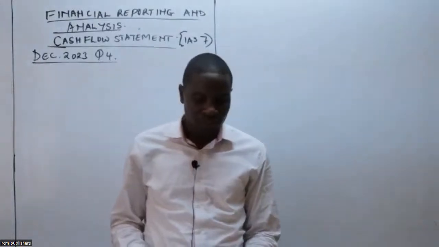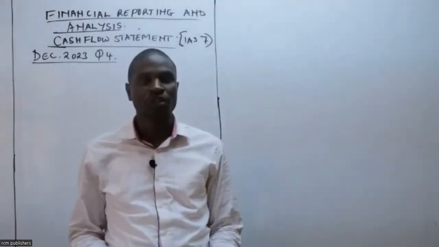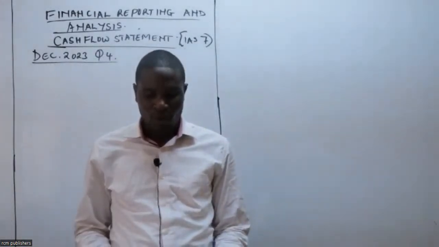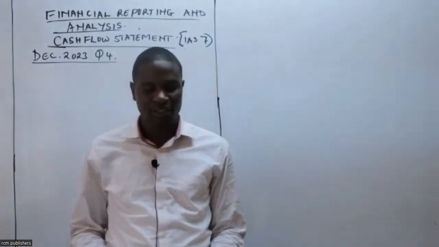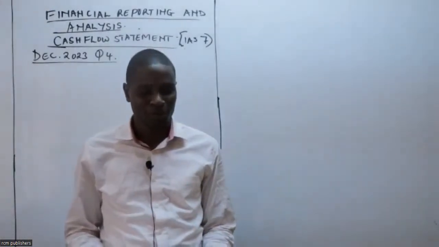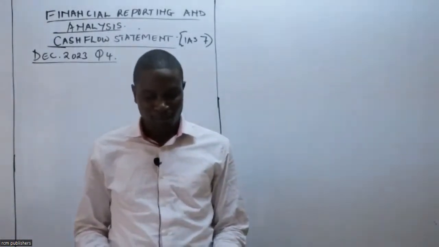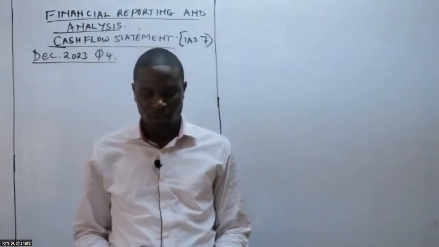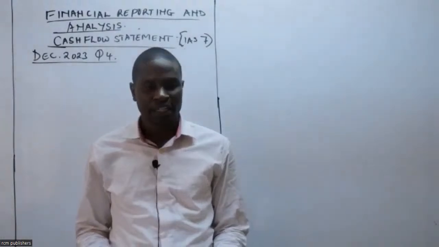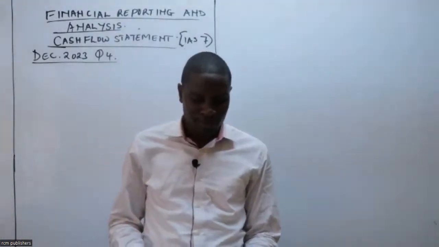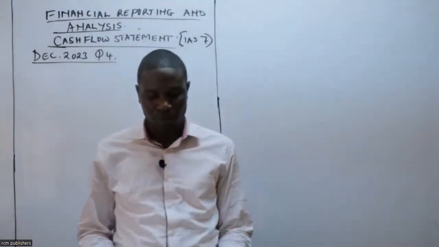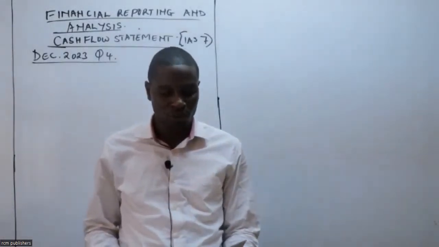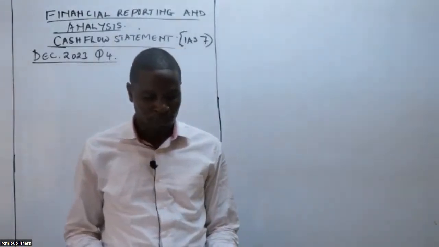Then two, during the year ended 31st October 2023, Bundo Limited acquired some patent rights at a cost of 5 million. I hope you can see that. Any amortization of intangible asset has been included in administrative expenses. Good. The company repaid some borrowing which had matured during the year and issued new loans amounting to 3 million